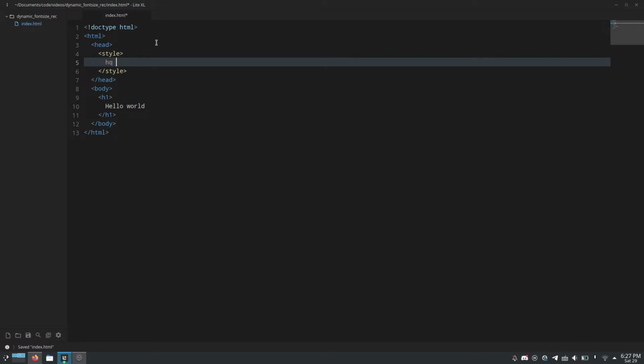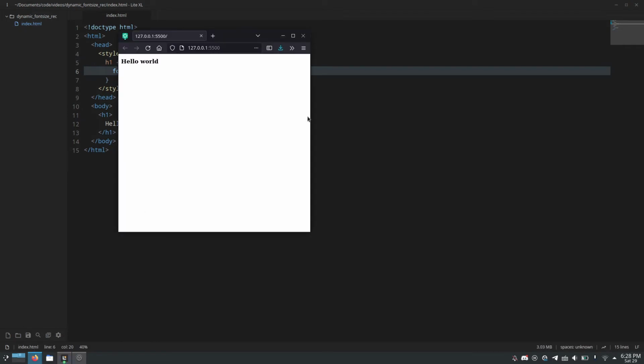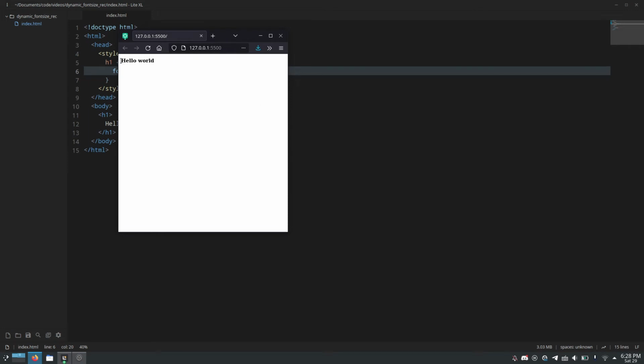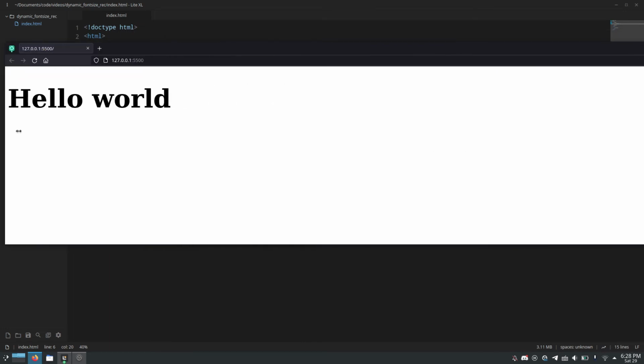We'll do H1 font size. And then, how about 3 VW? And what this will do is 1 VW is 1% of the window's width. So you'll see here that this font is going to be 3%. The height of the font is going to be 3% the width of this window. But if we shrink it to be really small or grow it to be really big, this is just not